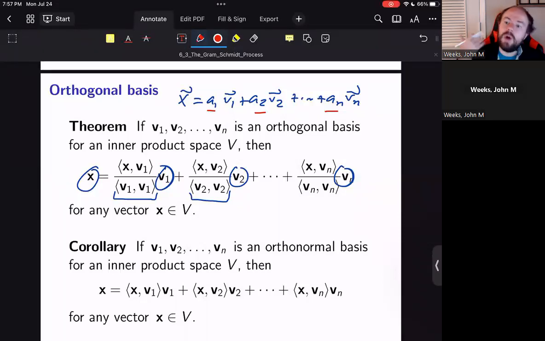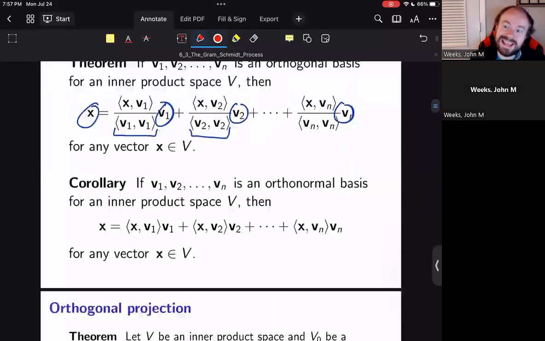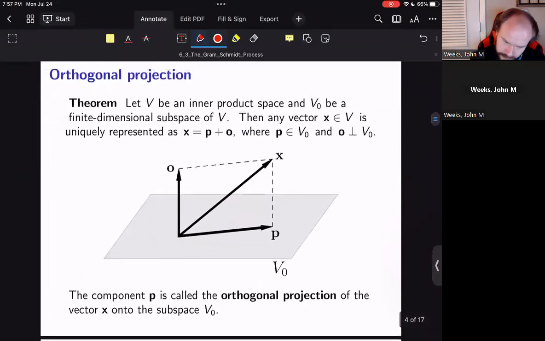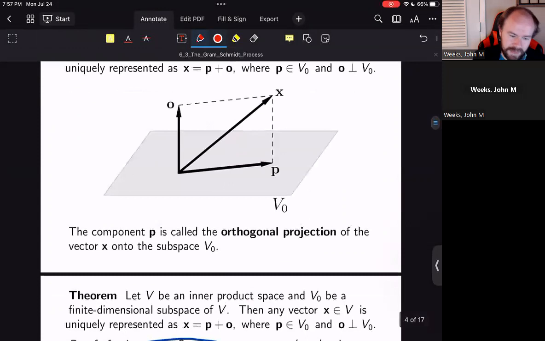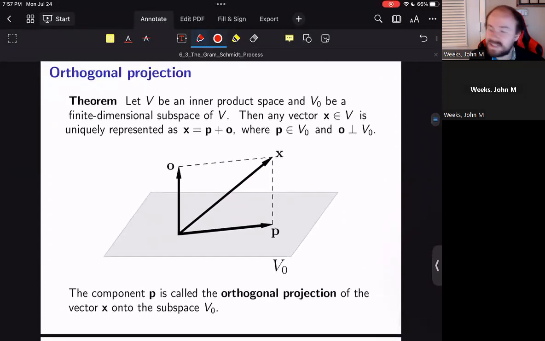And not only that, we can get a formula for what each of the scalars need to be for that. Here's our picture again of an orthogonal projection. This time, instead of looking at it in terms of Rn, we could look at this in terms of a generic vector space. Now, the notion is this. If we have a finite dimensional subspace of V, notably, V naught here is meant to be a finite dimensional